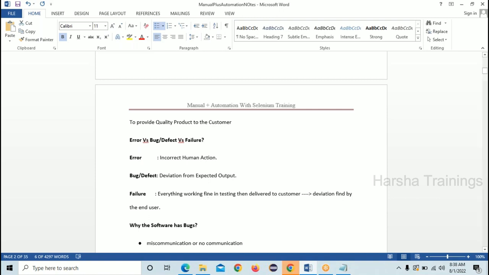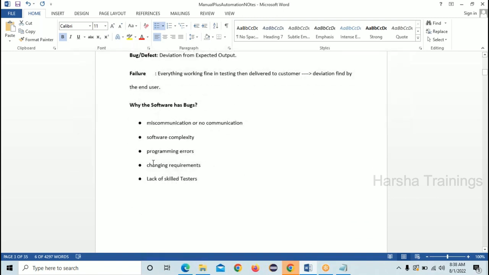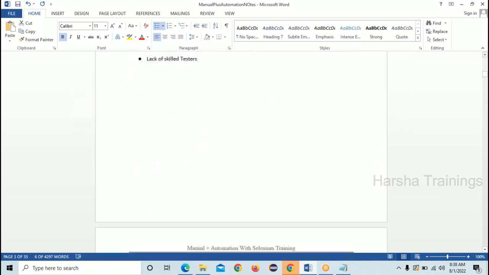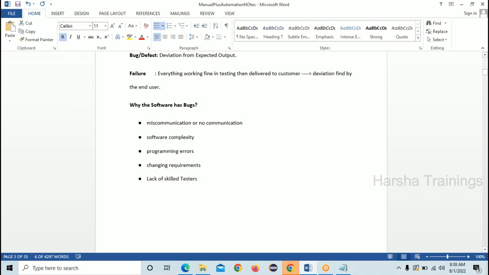And the next one is why software has bugs. This is the last topic for today. Why does software have bugs? These are the major reasons. The first one is miscommunication or no communication, then software complexity, programming errors, changing requirements, and lack of skilled testers. Okay, miscommunication or no communication is this: as I said, the hierarchy is that the customer will come